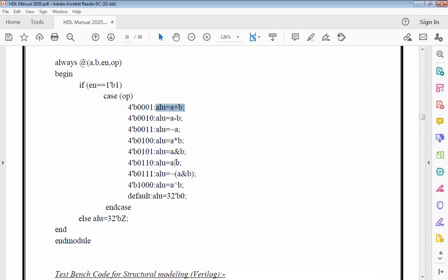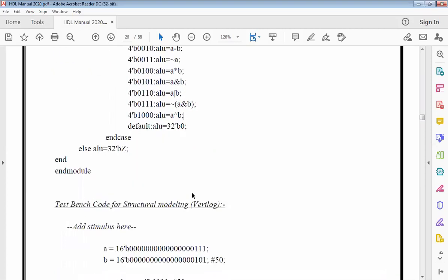Similarly, for all these operations here, unlike VHDL, you're not writing AND, you're not writing OR, you're not writing NAND, but instead you're going to use symbols here, right? So get acquainted with these symbols so that you would not get confused. By default, ALU is going to be 32-bit, and it's going to be 0 without giving any values.